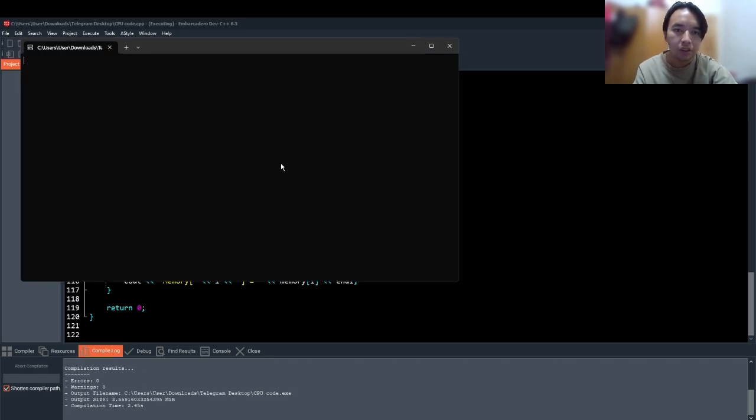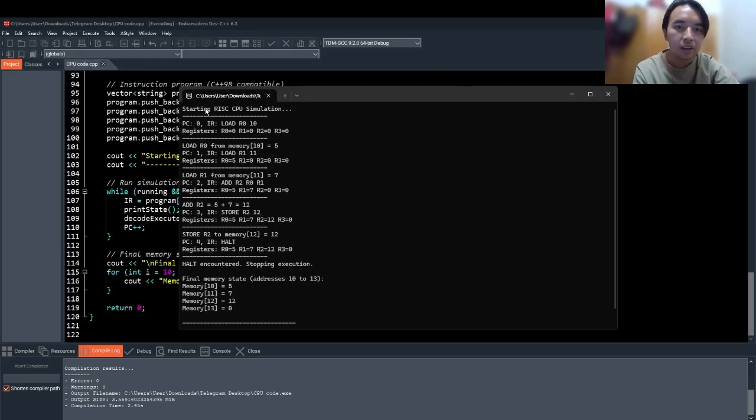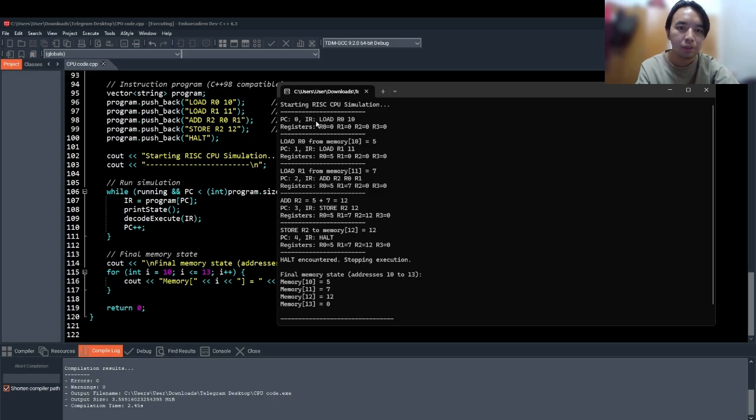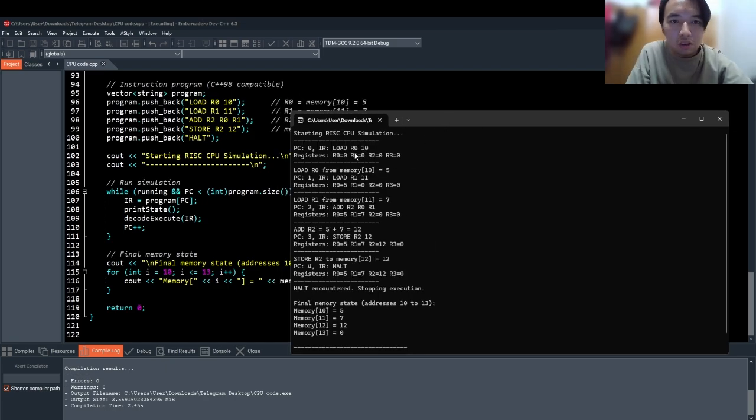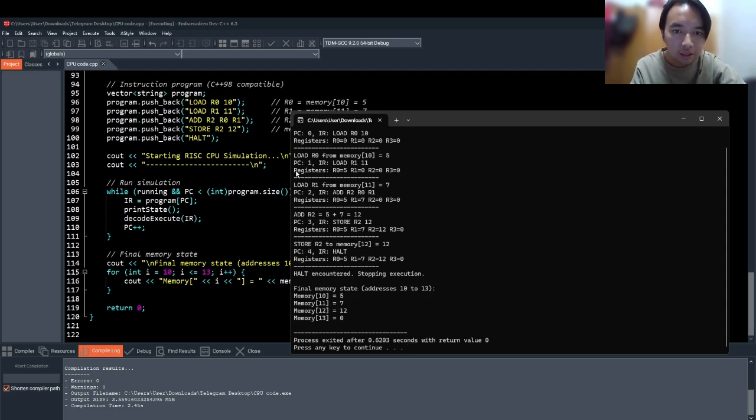it would show that it is starting the RISC CPU simulation, which starts with a program counter of 0, and the instruction register is loading up load R0 10, and the registers are in the default value, which is 0. And after that, it will load the R0 from memory 10, which is 5, and the program counter will increment by 1,